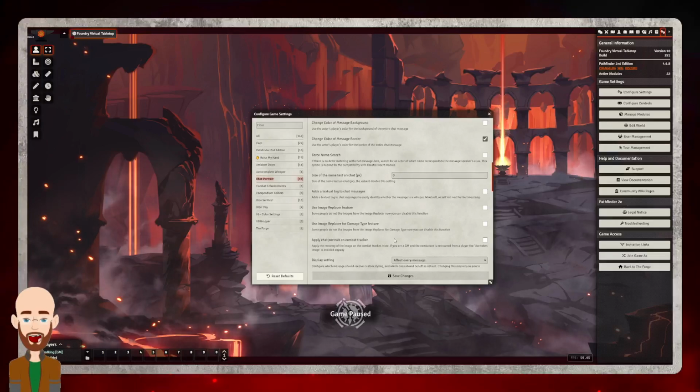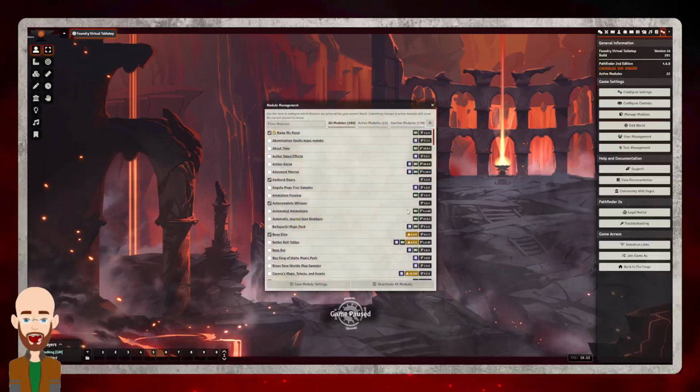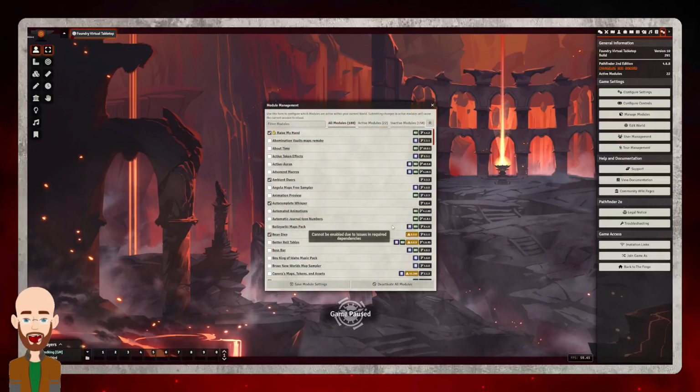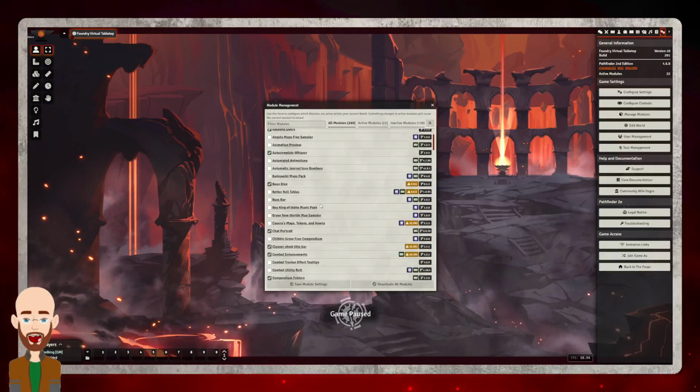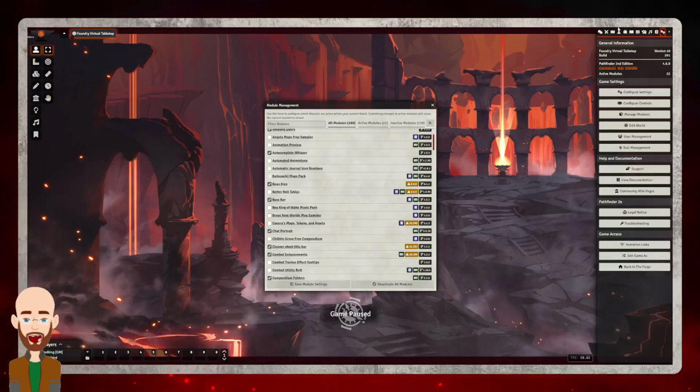Alright, cool. Alright, let's enable some more modules. This time I'm just gonna go a little quicker through these, just because I've been using Foundry for quite some time, I know what I like, and the reason why I like it. So boss bar, if you have big bosses like that,